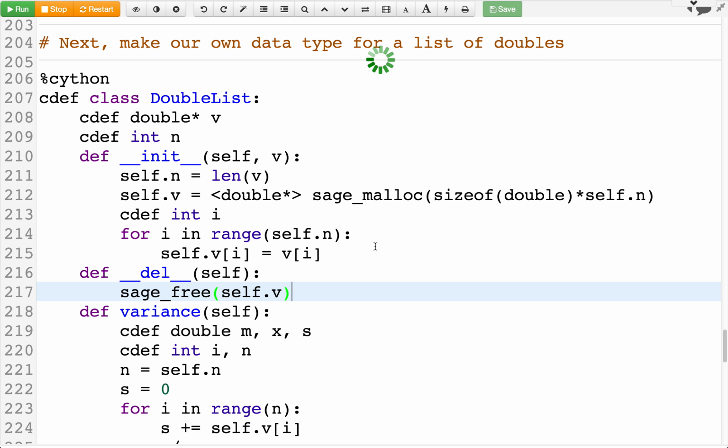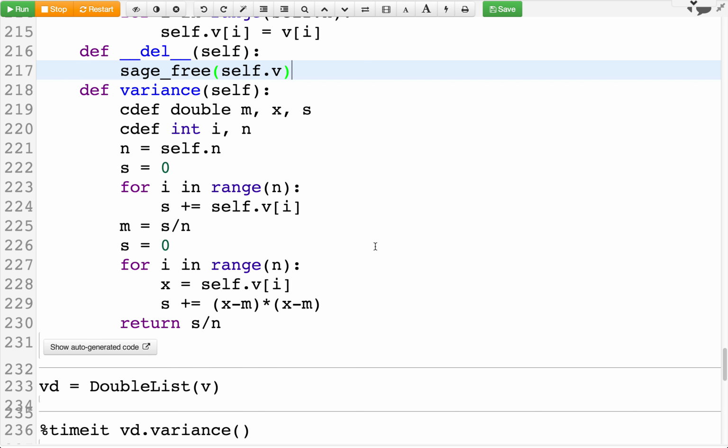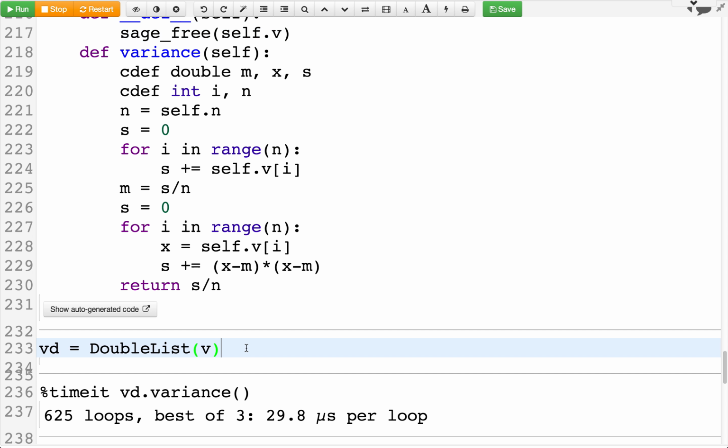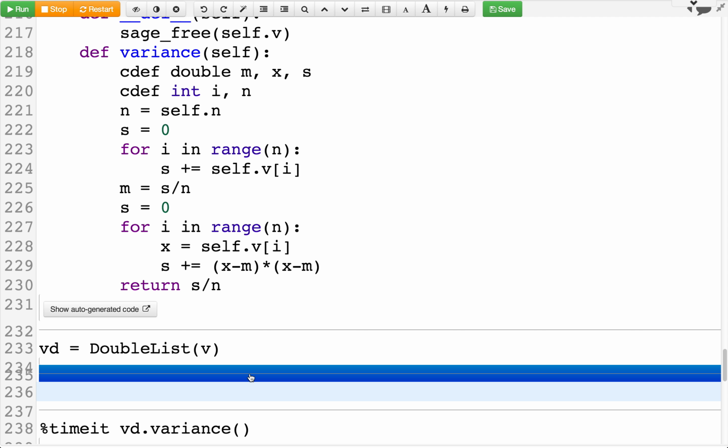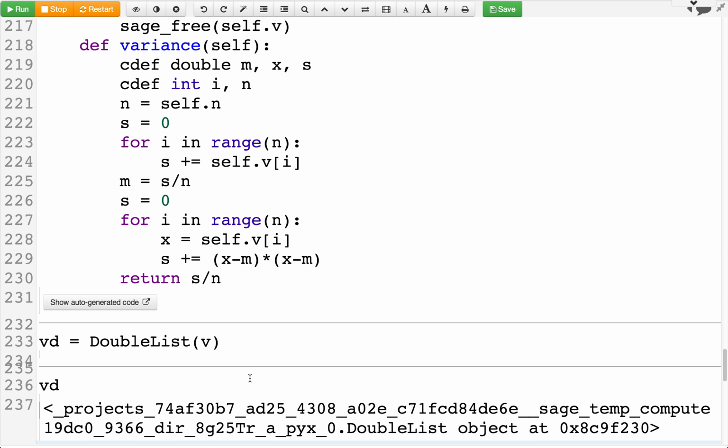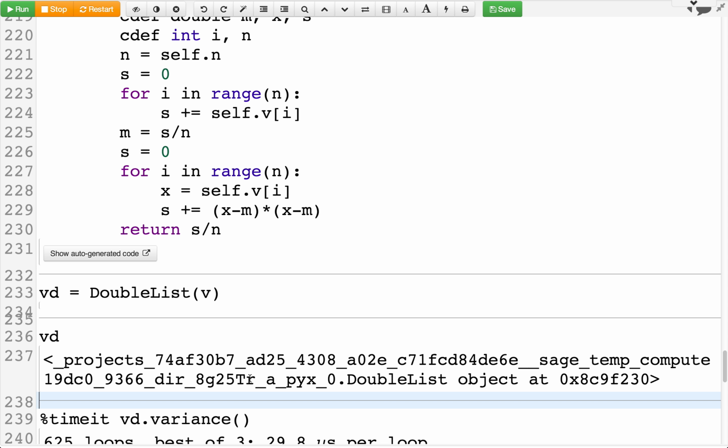Okay, I'm now compiling this code. And again, it worked. And now let's make an instance of it. So this VD, I didn't make a repr method, so it just uses some default repr method. But I just want to point out that with these cdef classes, you can add all the same methods that you would normally add for Python classes.